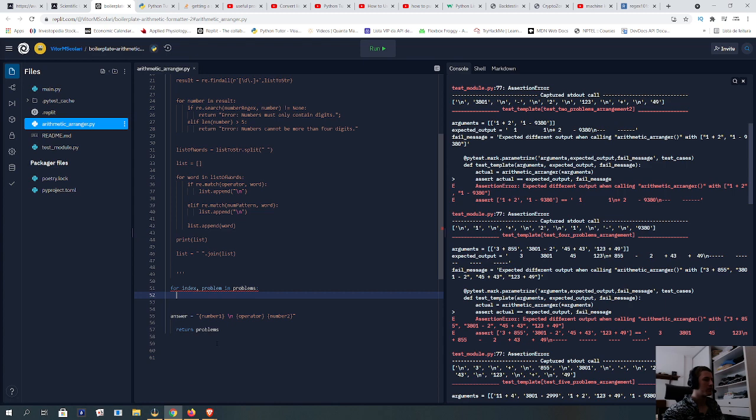I can split the problem to get each string, the same way I was doing before. But then I'm still going to need regex to